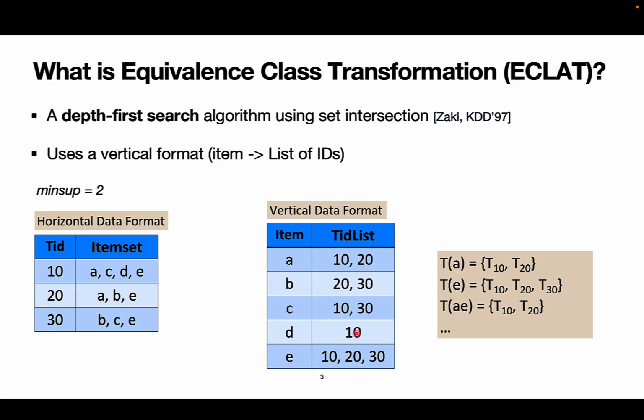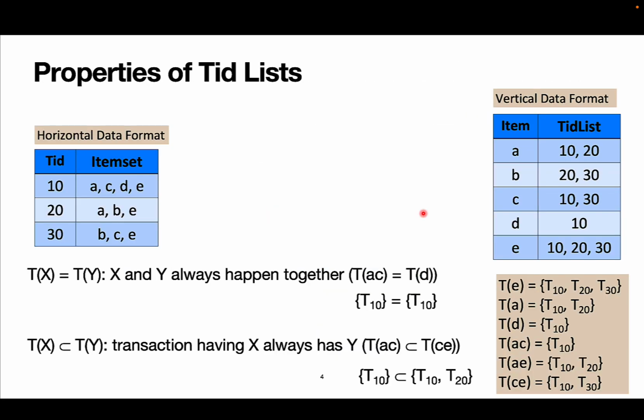Next, to find frequent 2-item sets, we can simply intersect the transaction ID sets for A and E, and we can see that it consists of 10 and 20. We continue this process to find the frequent 3-item sets and so on, just by looking at the intersection of the ID lists. The properties of transaction ID lists that help the algorithm with pruning unnecessary steps are